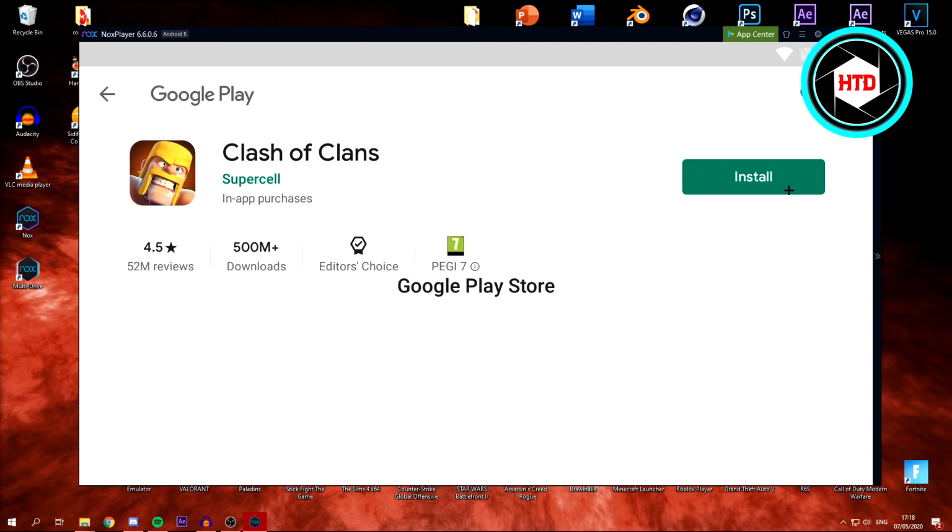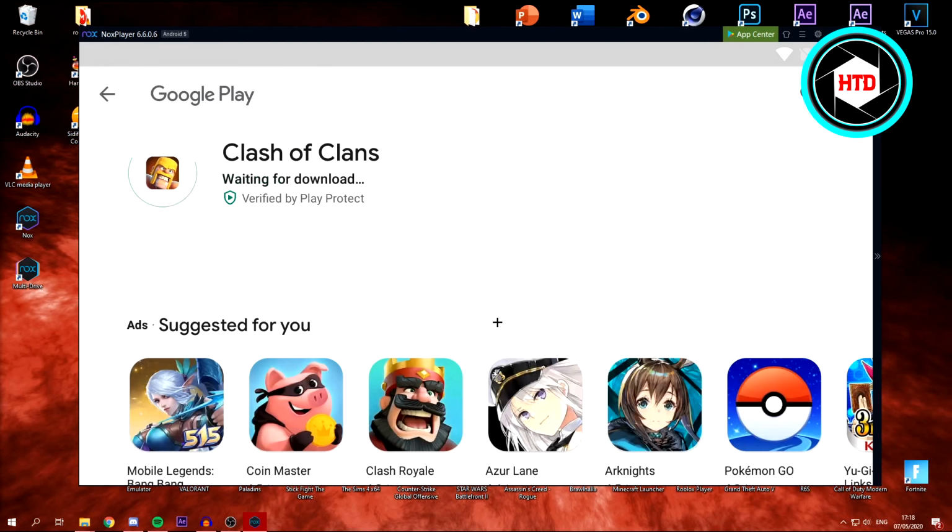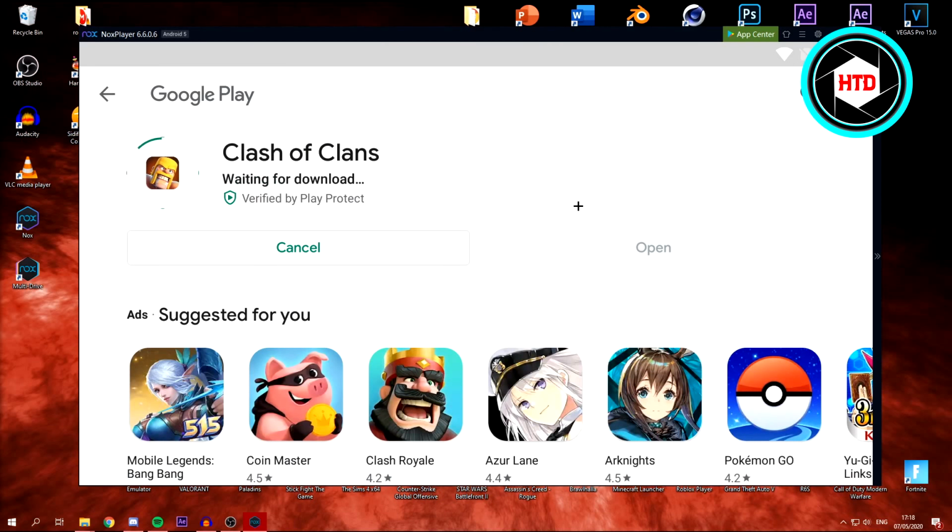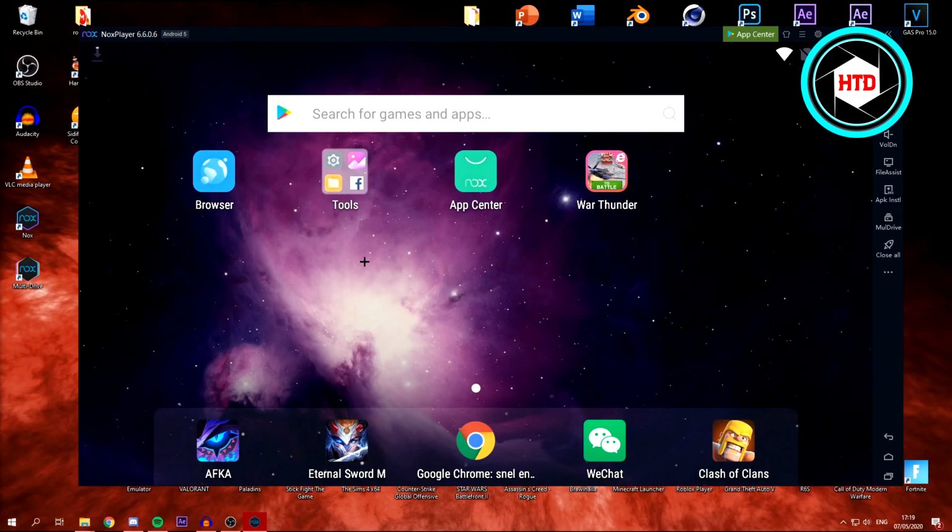Just click on install, click on accept, and right now, as you can see, it is installing. And right here at the bottom right corner, you can go to the main tab, and this is basically just an Android phone or tablet, but on your PC. So yeah,